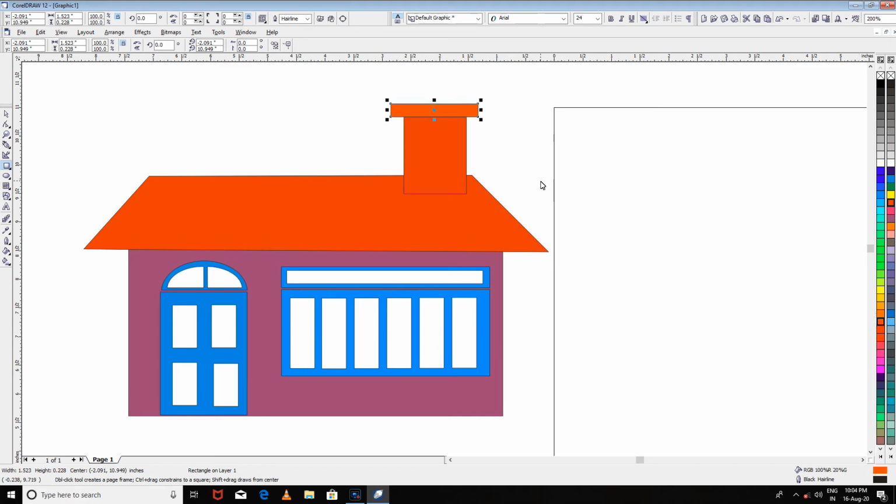Okay, like this. So, pick tool, not move tool. Suppose, for example, I don't need the black border of this chimney. Then I can go to the cross button and right